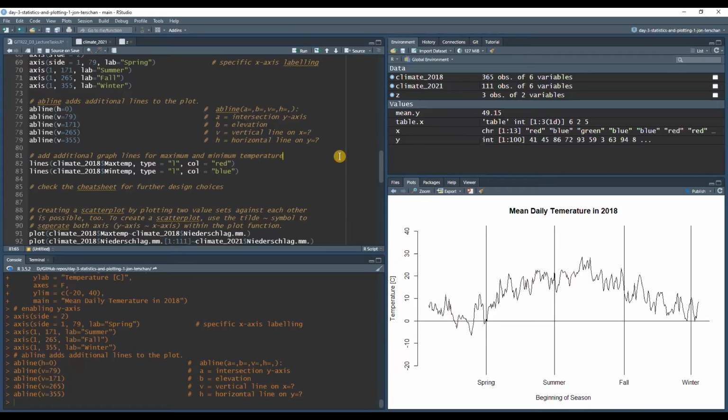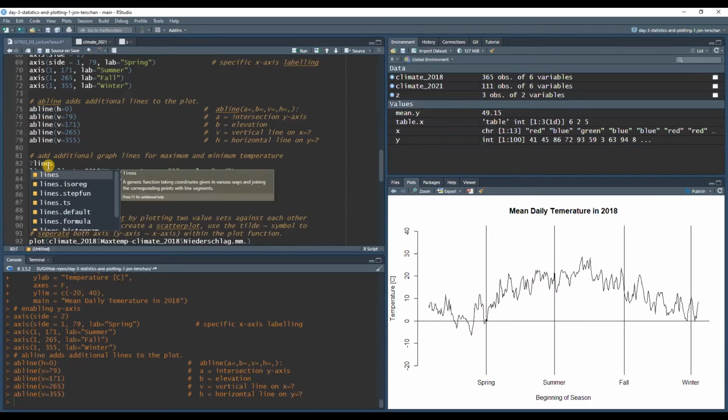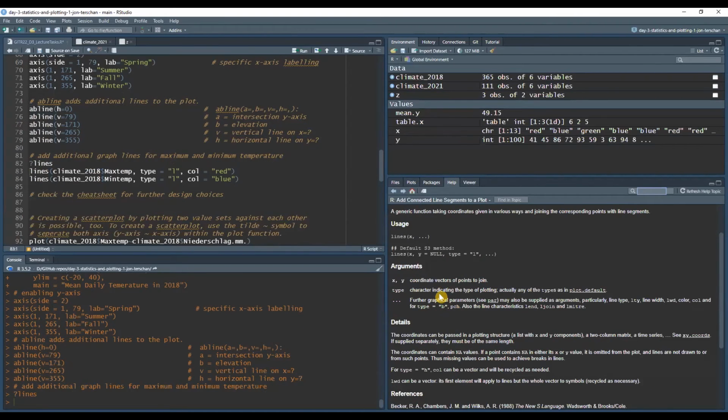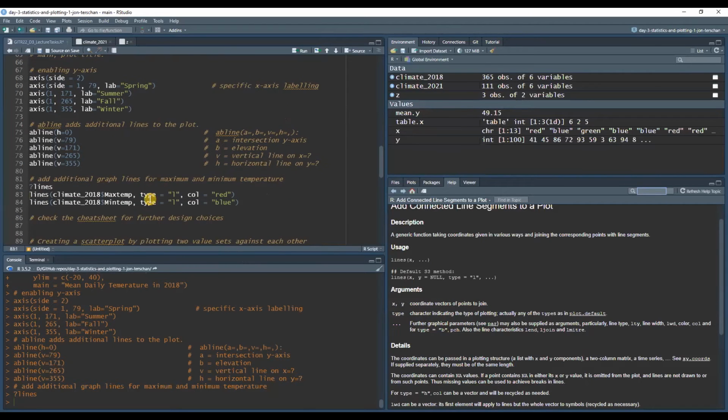And we can just add this using the lines command, which is different from abline because this time we add actual data and not just a straight horizontal or vertical line. Lines works like this. It's basically the same as in the plot function. You just define the data you want to have plotted as a line, and you define the type, which is l for lines,